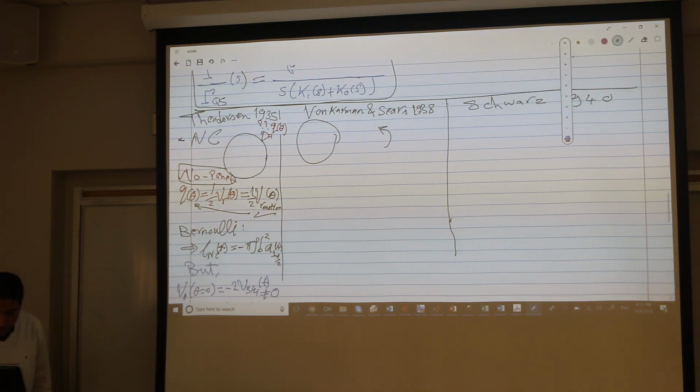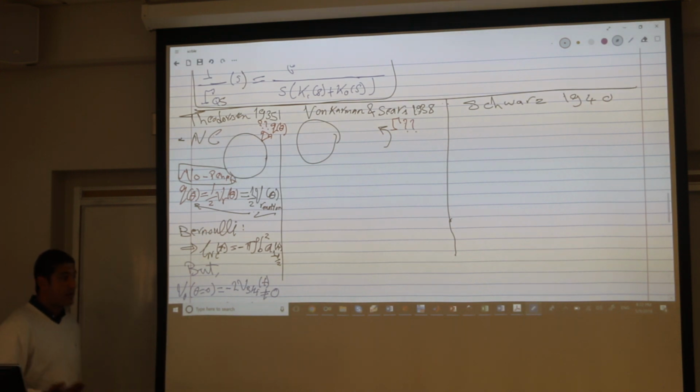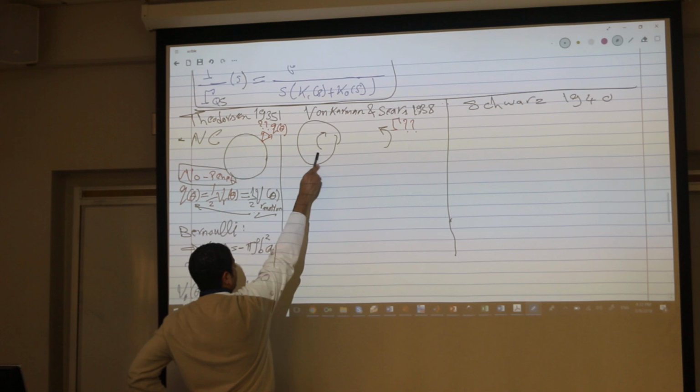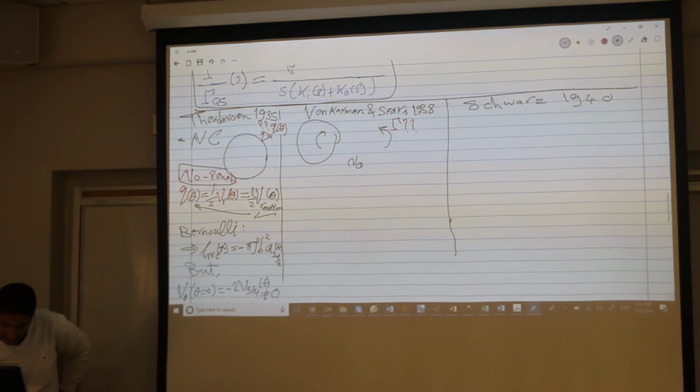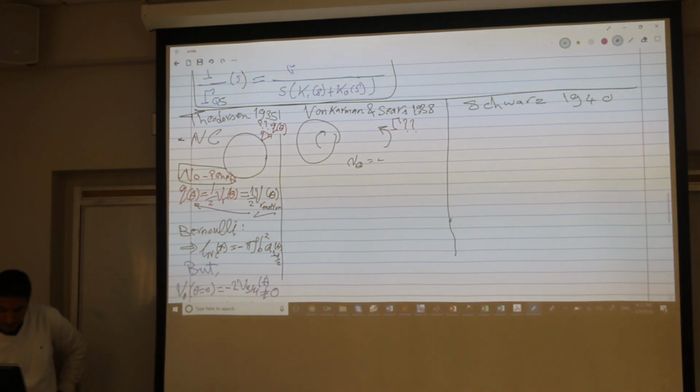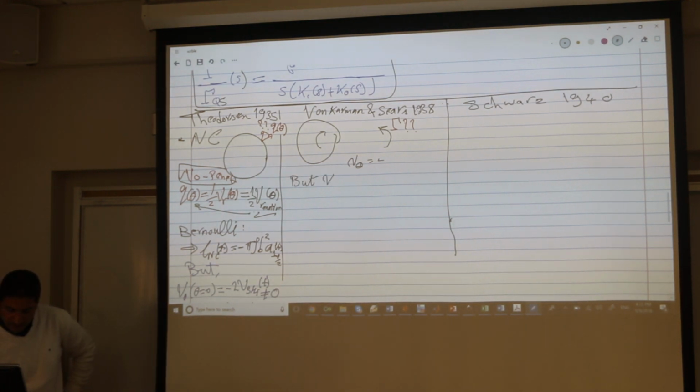So let's introduce a wake singularity, and like I said, whenever you introduce a singularity, it's unknown. So they added this circulation, right, to satisfy the law of zero total circulation. So together they maintain the circular streamline, and it also dictates the location of this guy. So we can get v theta, that's fine. But v theta at theta equals 0 is also